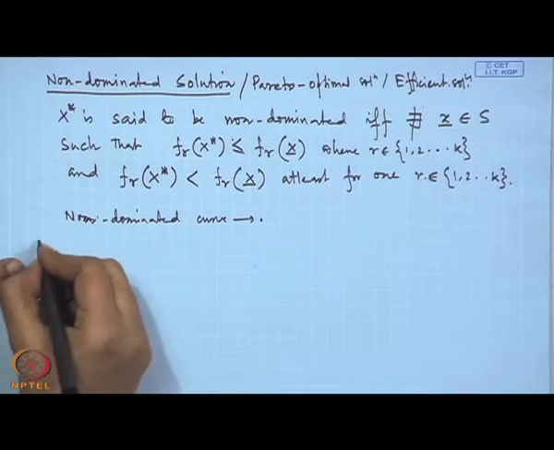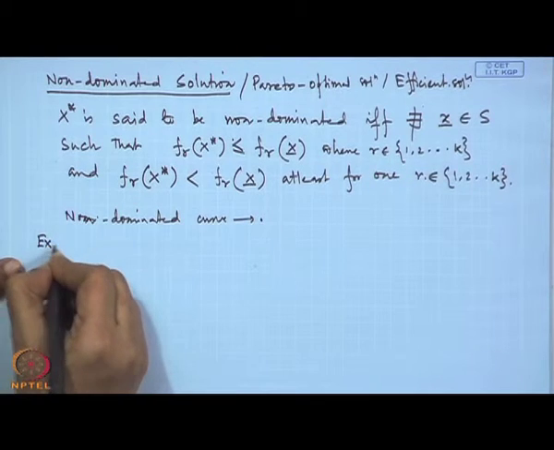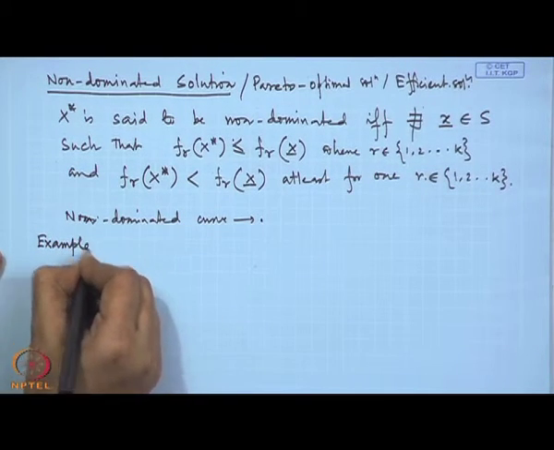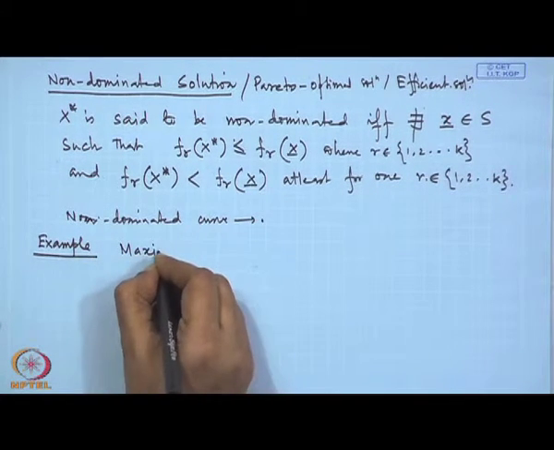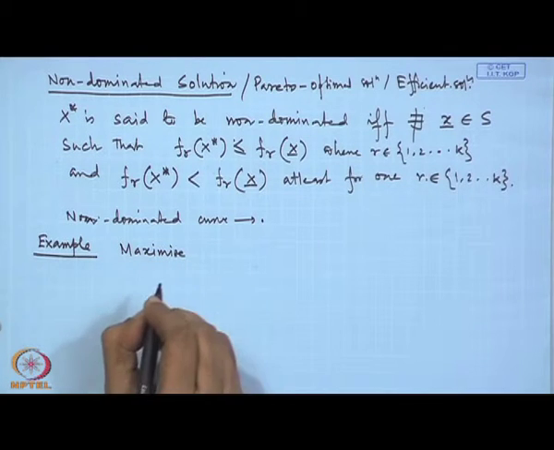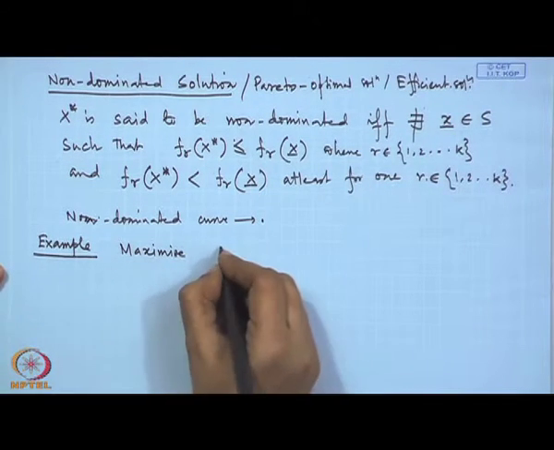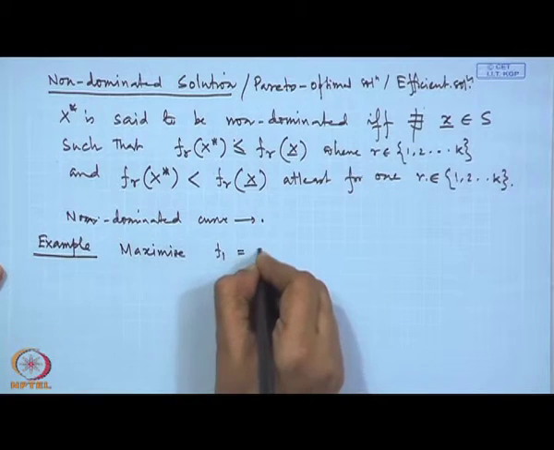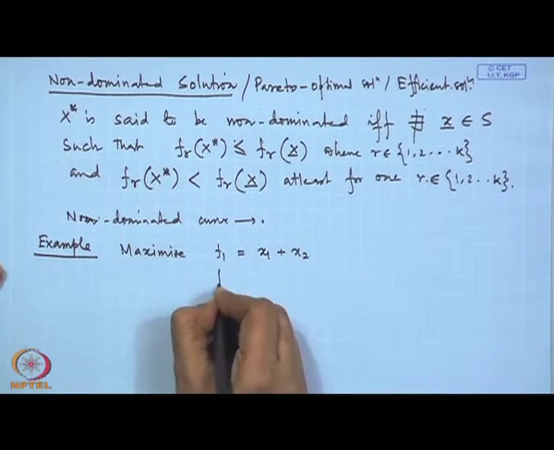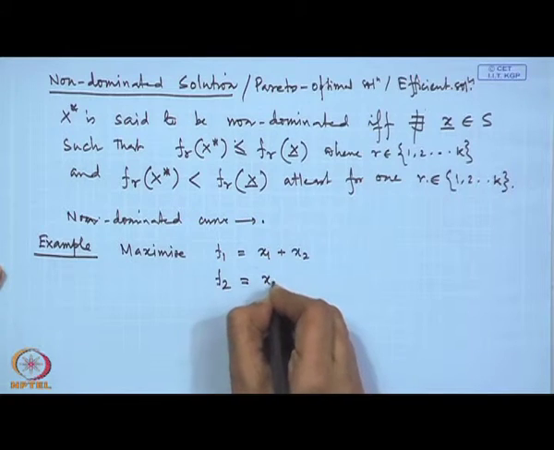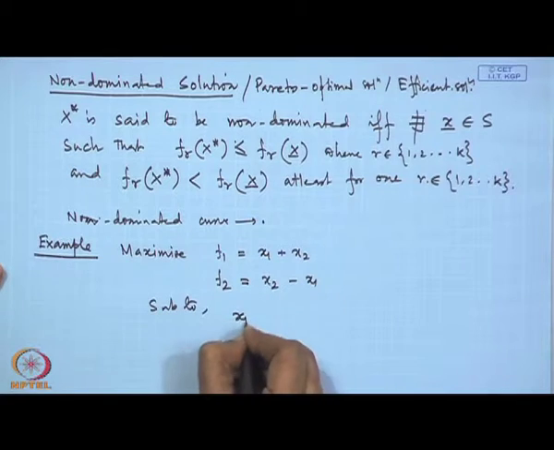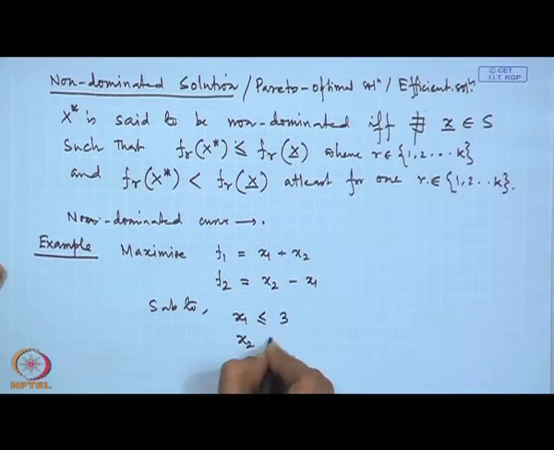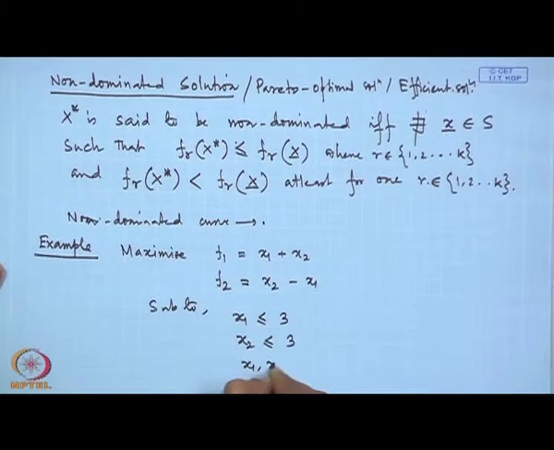That part I will explain with an example next, and I will explain what the objectives are and how to generate the non-dominated curve. Here a small example is given. Though it is linear, the same concept can be extended to nonlinear functions as well. Maximize f1 = x1 + x2, and another objective function f2 = x2 - x1, subject to x1 <= 3, x2 <= 3,